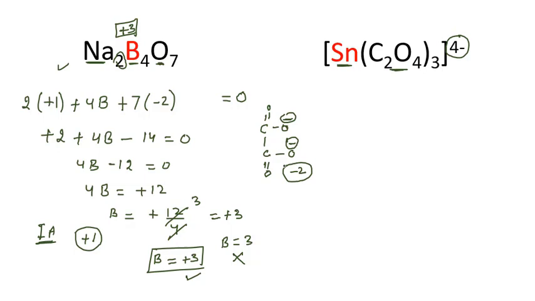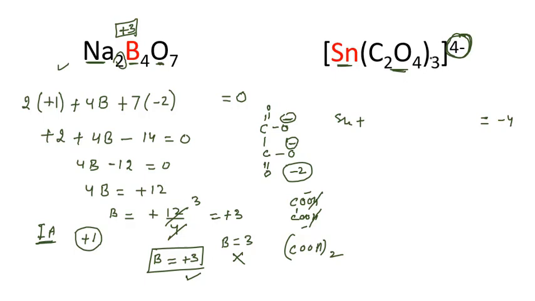In general we can say we get this ion from oxalic acid, COOH, and here we have COOH. If I remove one hydrogen, one negative charge. If I remove the second hydrogen, another negative charge. It can also be written as (COOH) whole 2. So for the oxalate ion we can use -2 as the oxidation number. You can see this is a polyatomic ion, and for a polyatomic ion the total charge is equal to the total oxidation number of elements in the polyatomic ion. The total charge is -4. For tin we have to calculate the oxidation number.